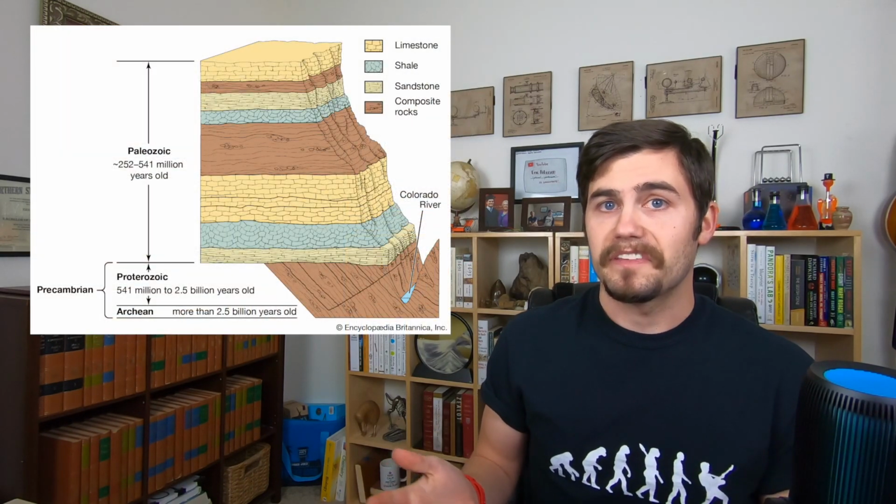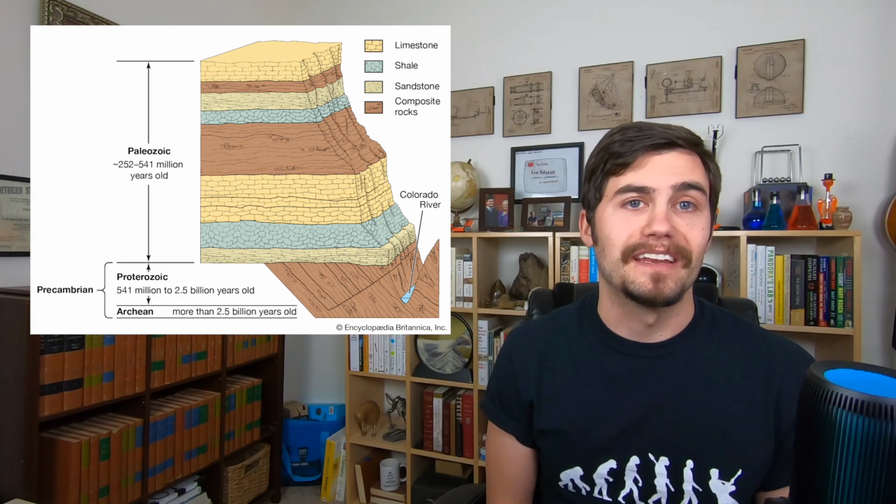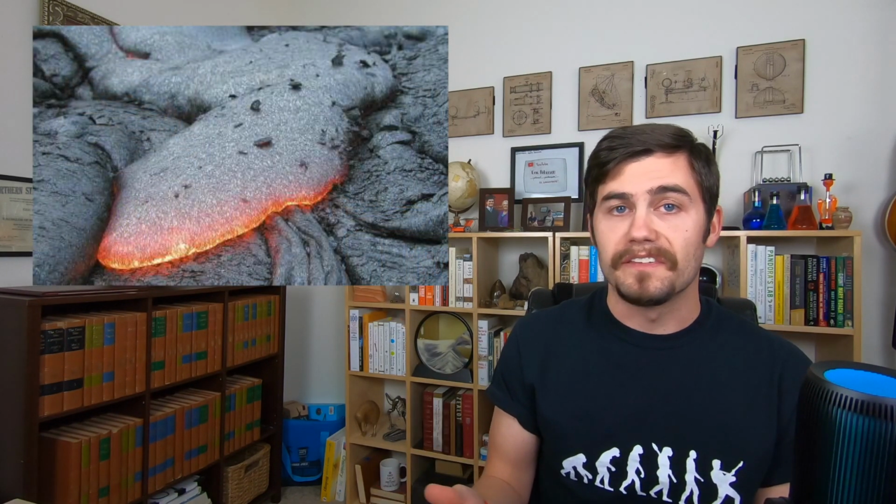Rocks are made of minerals, and minerals are compounds that can only form under very specific conditions. Basalt, for example, is this very dark and dense rock that forms when lava hardens on the surface. You can find massive basalt formations in places like Gooseberry Falls in Minnesota, where there has never been any volcanic activity in recorded history. This tells us that Gooseberry Falls in the very distant past must have been a completely